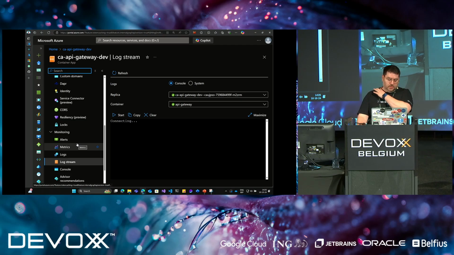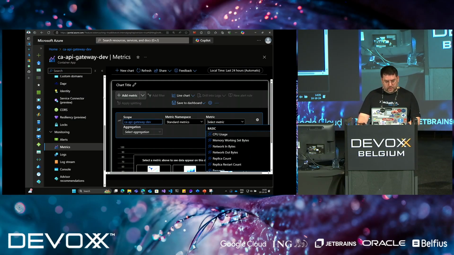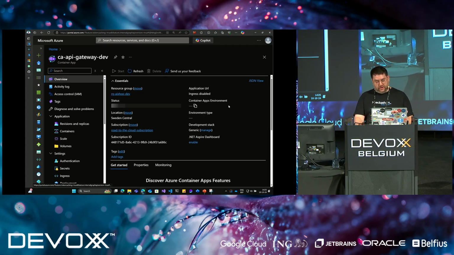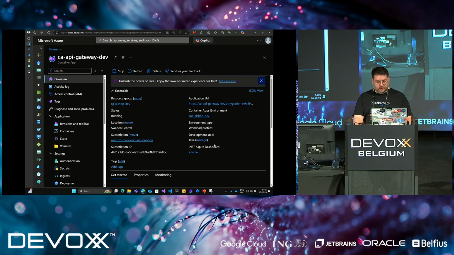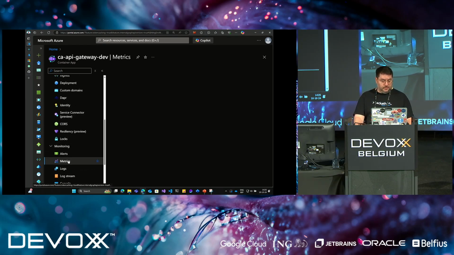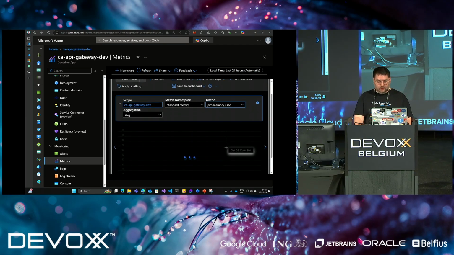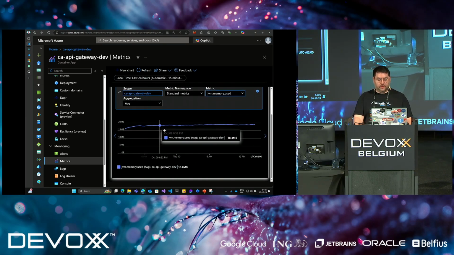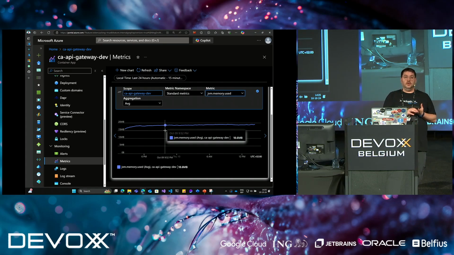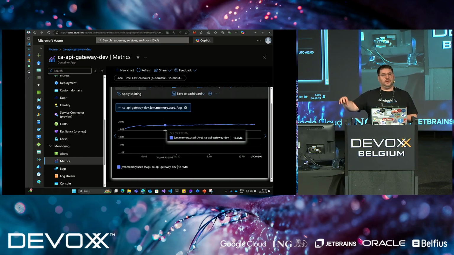But this is not only about the log. You have also some metrics that are added there. If you change the runtime to Java, then you are going to have access to the Java metrics. The Java metrics is like, I want to have the memory used, I can have the average and the count, and all these metrics are integrated now in Azure Container Apps. And I think the important thing is, I have access to all this, I didn't configure anything, I just deploy the way that I deploy,